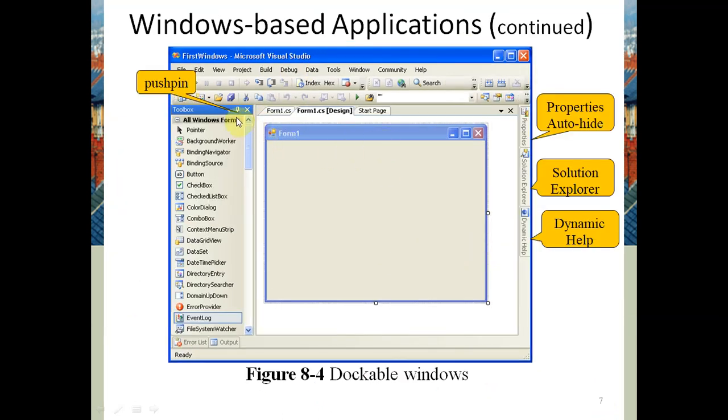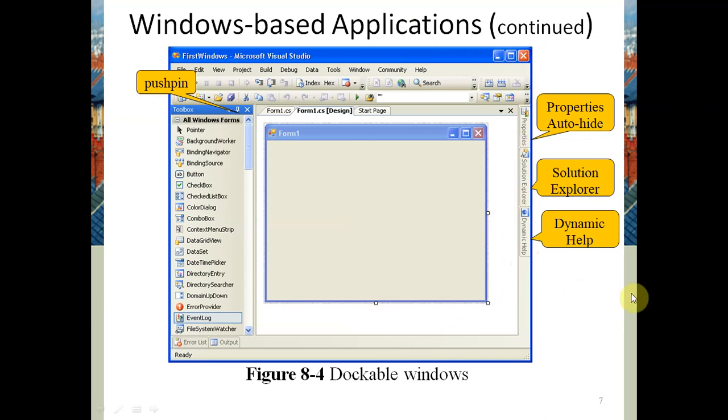Now this is a push button, and by this push button you can expand it accordingly. So you can see here the design window as well as the form window. The first one is the code window, and this is the design window. Design is written in front of Form1.cs, and we can see the property window here. When we click, it will show the solution explorer. When we click on this property, it will show the properties. Dynamic help is also there. So we have these three.